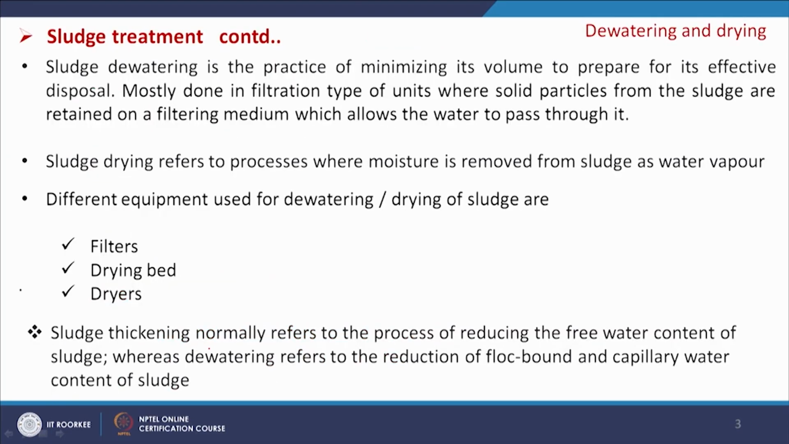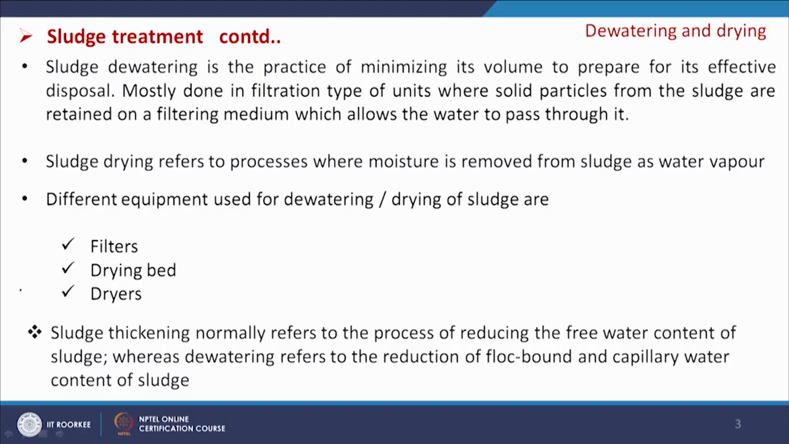So, already we have discussed that sludge treatment includes its thickening and concentration, digestion, conditioning and then dewatering. Dewatering is basically the removal of water present in the sludge, and this removal may be possible by filtration or by application of heat. Sludge dewatering is the practice of minimizing its volume to prepare for its effective disposal, mostly done